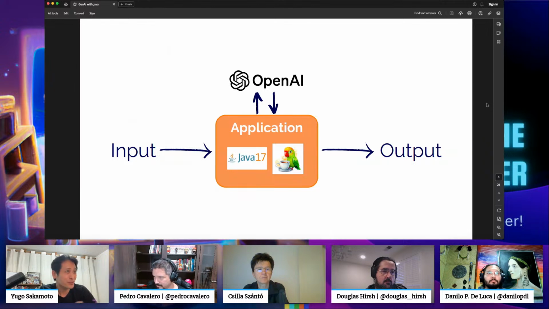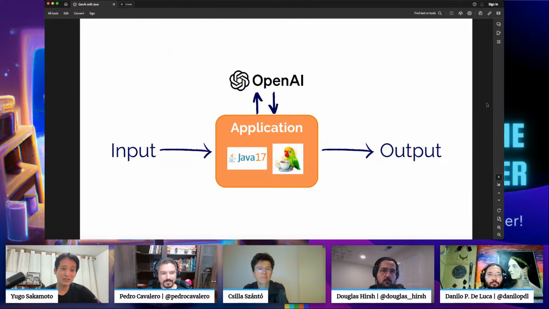For this example, I used Java 17 and LangChain4j. And first, to work with OpenAI, we have to create an account on OpenAI, so you can have the authentication key that can actually connect with OpenAI. I'm going to show it on the code and on the pages, so I think it will be more clear. So let's get started here.